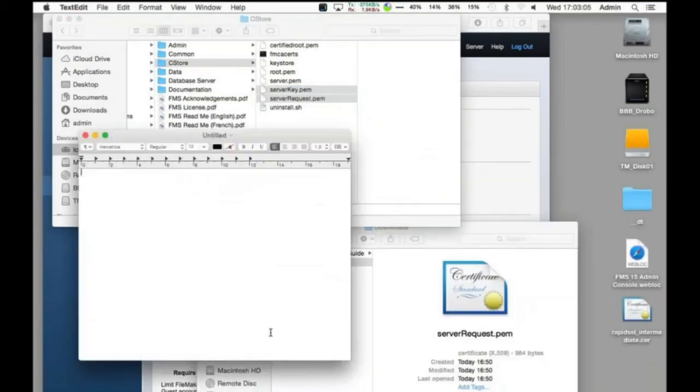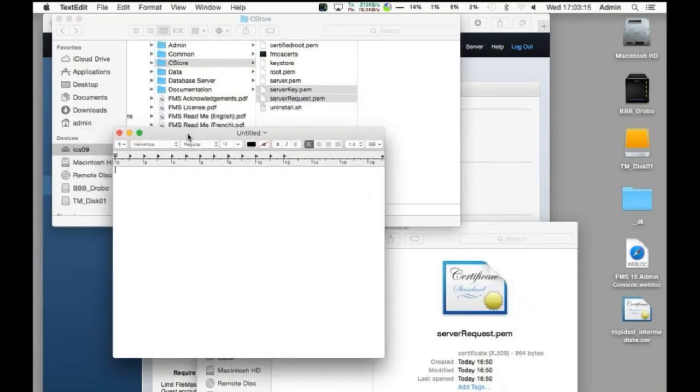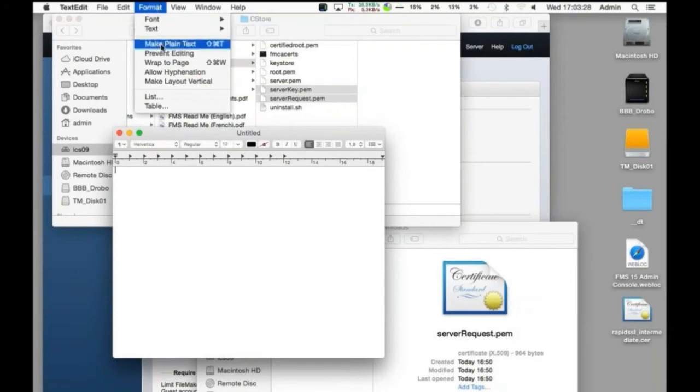So now I'm just opening the text editor, and on Macintosh, when you're using this default text editor, you need to make sure that it is actually just plain text and not rich text. When you open this, the format by default is rich text. So make sure that you're under the format menu, make plain text